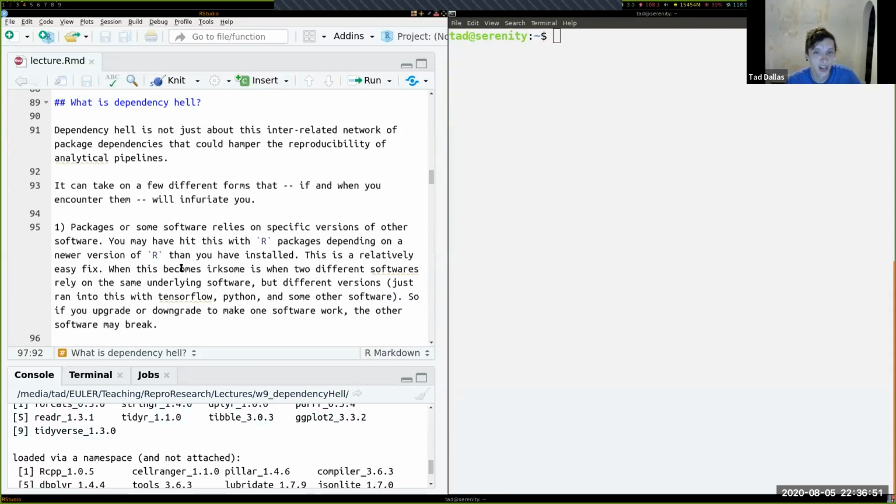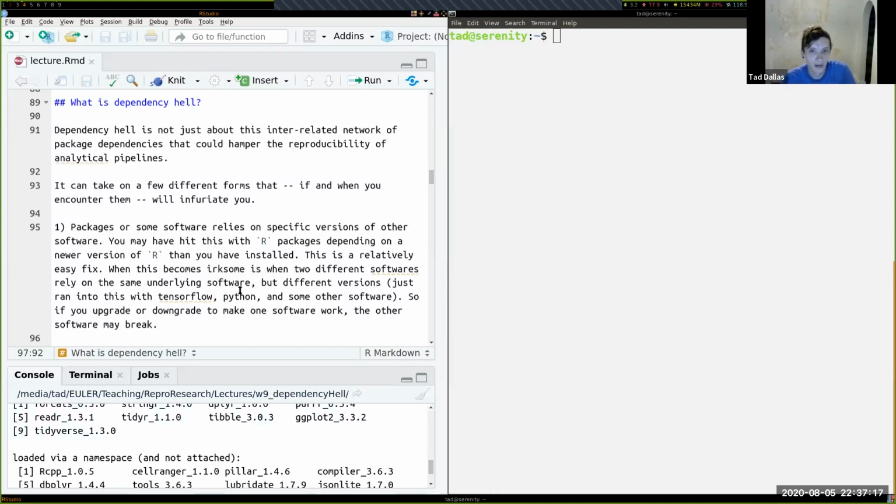I've run into it way more outside of R than inside of R. So Python is like a notorious example of this, because they had some packages that ran on version 3 and above, and other packages were back on version 2, and it was just a sort of shit show, if I'm being honest. I never got that into it, but